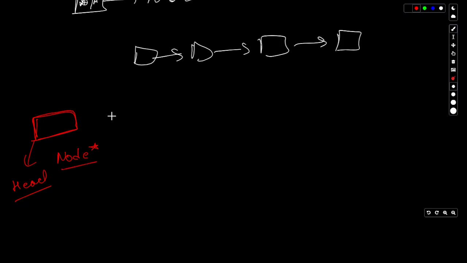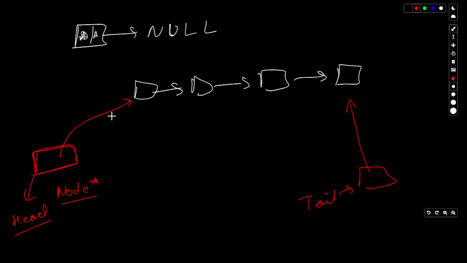Okay, so what does it mean is that it will contain the address of a particular node, right? So this particular part will store this node's value. Okay, and if we have a tail as a particular node pointer, we can point it towards the tail of the linked list. And we are defining it because if we don't have the head of a linked list, we cannot travel through the linked list. Okay, if we don't have the tail of the linked list, we will never know when the linked list is ending.